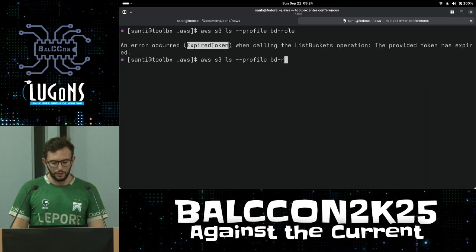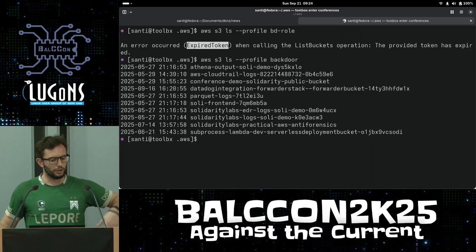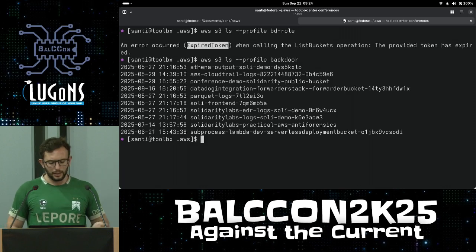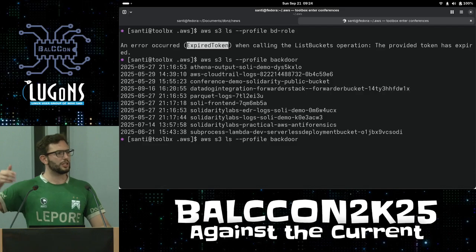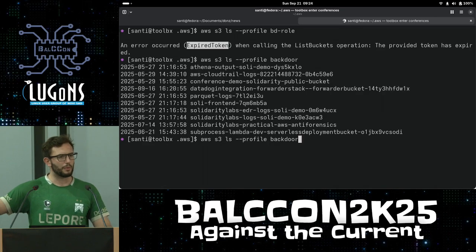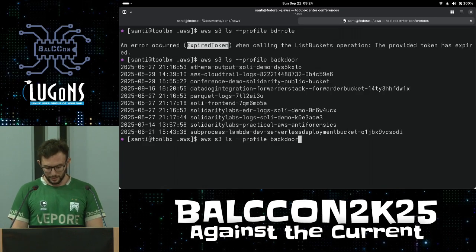But if, instead of using BD role, I use the backdoor profile that was an IAM user, I'm going to see the whole list of S3 buckets that are in my account. S3 is a global endpoint. As I was telling you, I can execute the S3 ls, and this is going to be forwarded to us-east-1 because it's the default region in my profile. But if I target